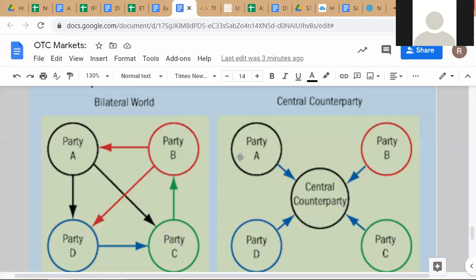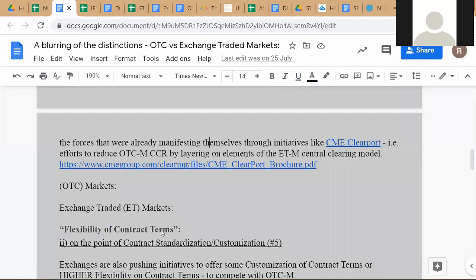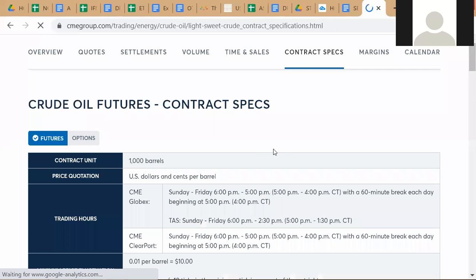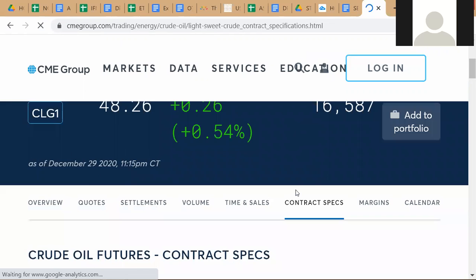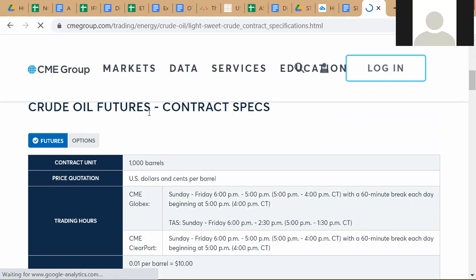But let's look at the other difference, which is standardized contract terms. A little easier for us to relate to. Let's look at this. You already saw this. If you want to understand what it means to have standardized contract terms, go to the links I gave you. Go to contract specs. The links are anyway for contract specs. Here, see? Straight away you see restrictions, standardizations. If you are trading crude oil futures on the CME,